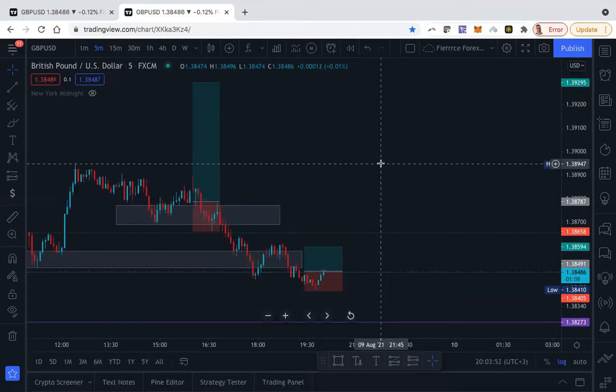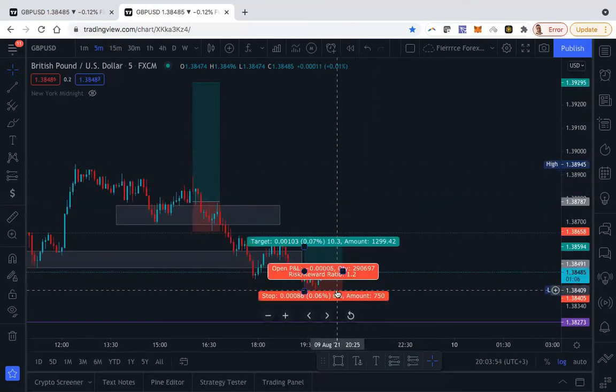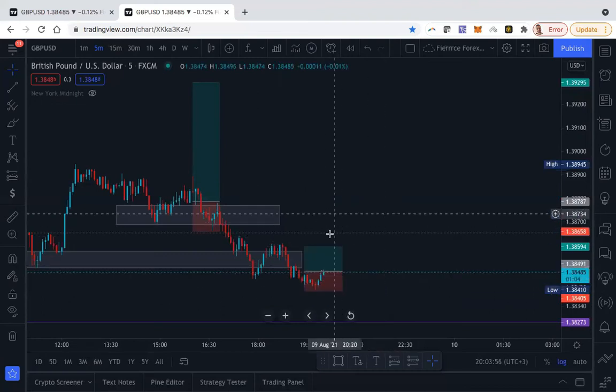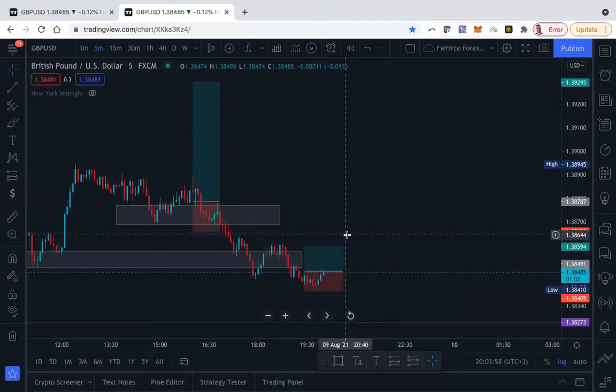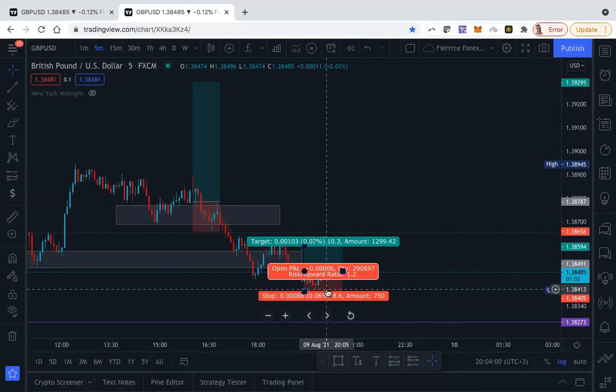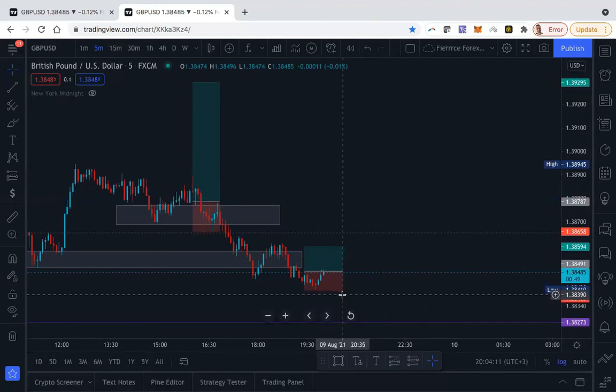Why? Because in case this trade reverses, on both these traders, the one who's scalping 10 pips and the one who's intradaying with a target of 60 pips, if both these trades hit stop loss, both traders will lose 8 pips.